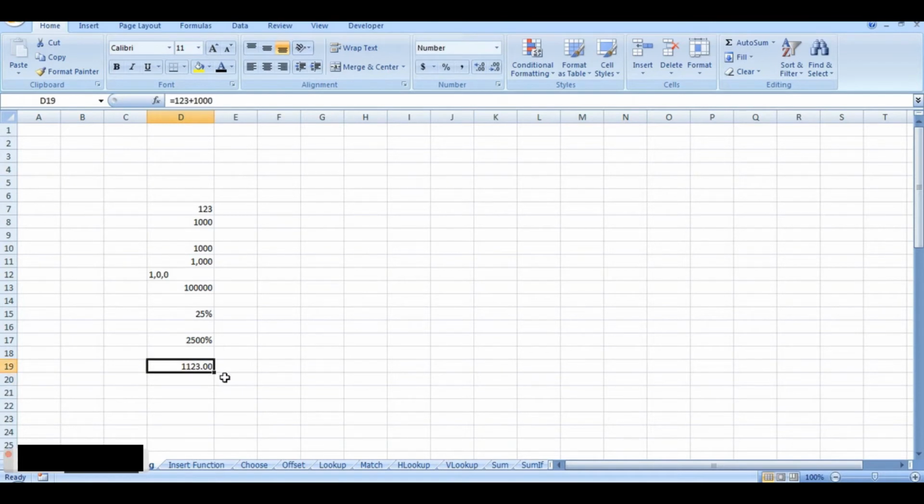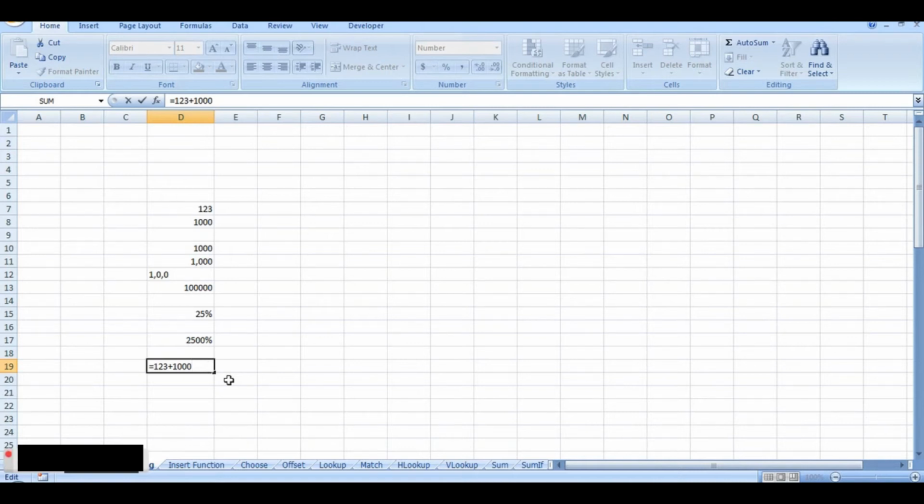And now if you want to change your formula or figures, you have to click on the cell in which you have done the mathematical function. Now in D19, if you see, the formula bar shows me the formula that I have performed. Or if you double click on the cell in which you have performed the function, it will show me the formula. The shortcut to it is the F2 button, or in some laptops the function plus F2 button will show you the formula.